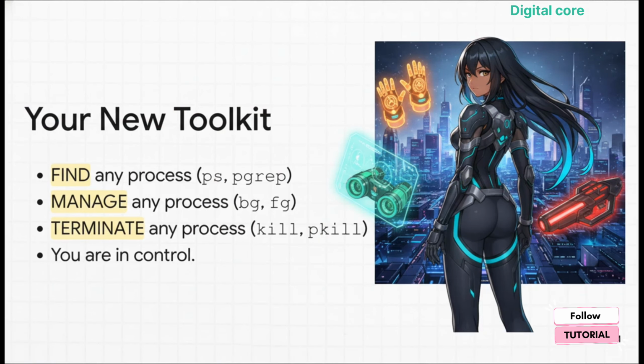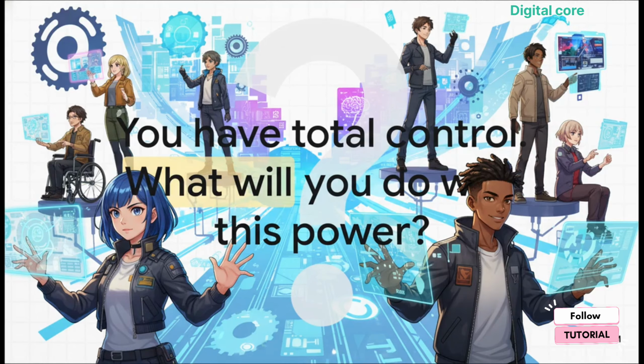So let's wrap this all up. You now have the tools to find any process with ps and pgrep. You can manage its state with bg and fg. And you can terminate it with extreme prejudice using kill and pkill. This isn't just a list of commands, it's a full toolkit for system control. Really, the big takeaway here is that you've gone from being a passive user to an active administrator of your own machine. With the ability to see, manage, and terminate absolutely anything, you are in control. So the only question left is,